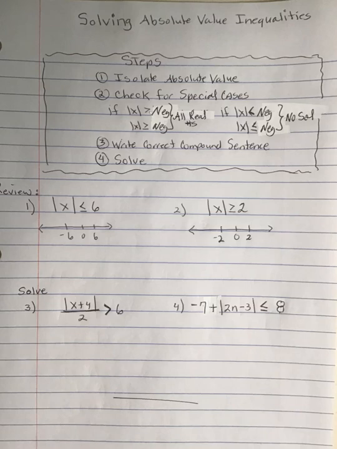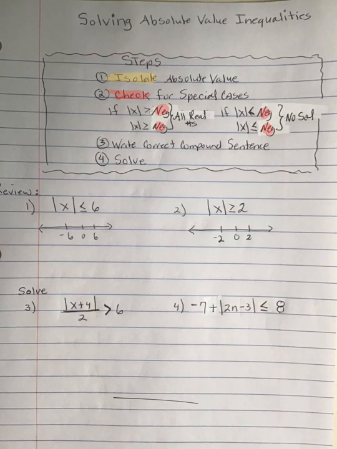Okay, so this is day 2 of solving absolute value inequalities. So remember, we have our steps: you must isolate the absolute value first. Then step 2, remember you can only check for special cases after it's isolated. And remember there are special cases when you have an absolute value with a negative, because you can't have a